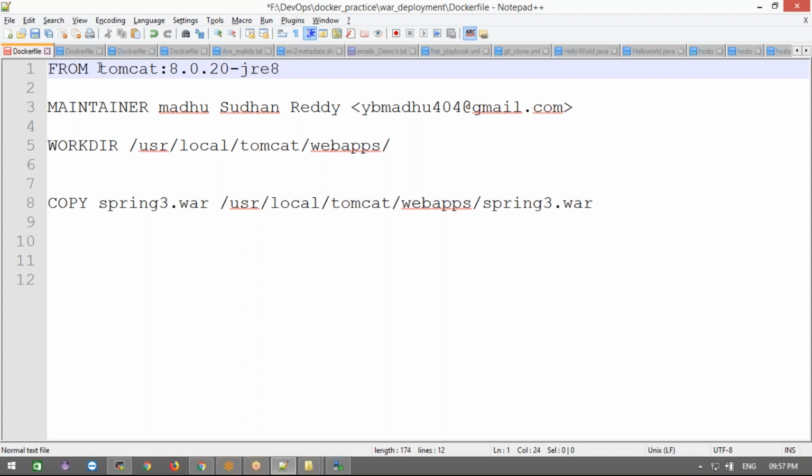Like if I take any Ubuntu base image or CentOS image, then based on the OS we need to install things, like how we install Java, Maven and Git. Everything, those commands, we need to write using the Docker instruction, the run command. I'm going to show that also in the next example. The Spring 3 var and the Docker file are your own files from your Windows machine.